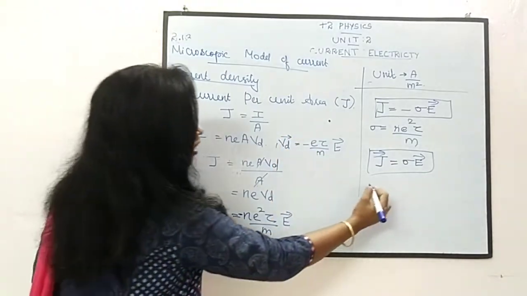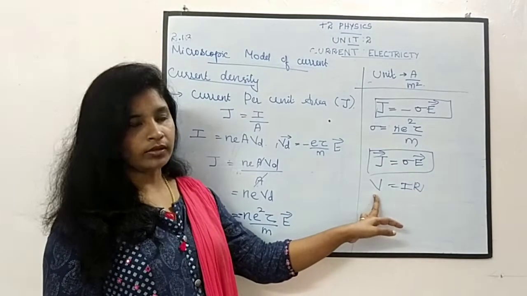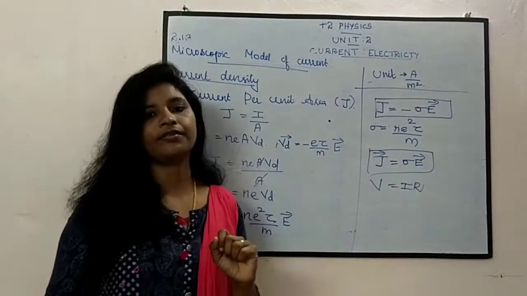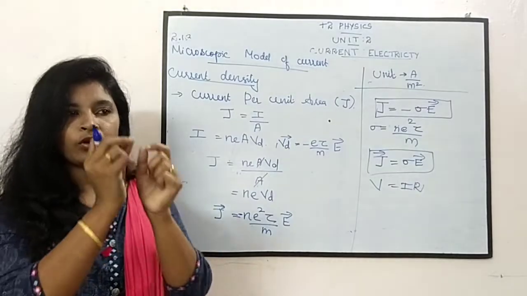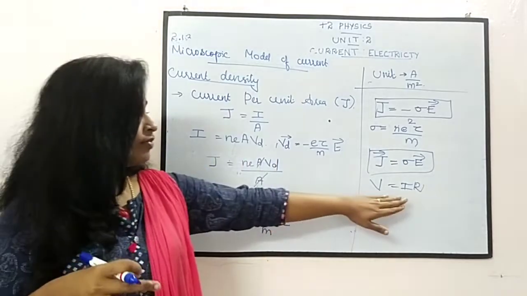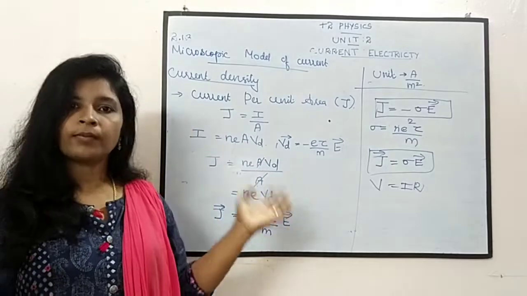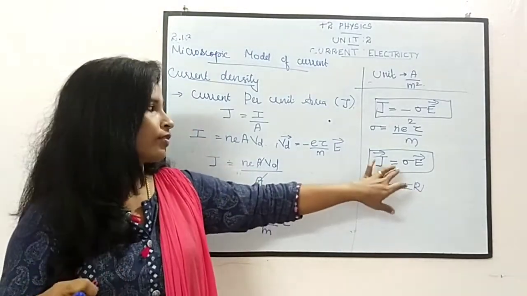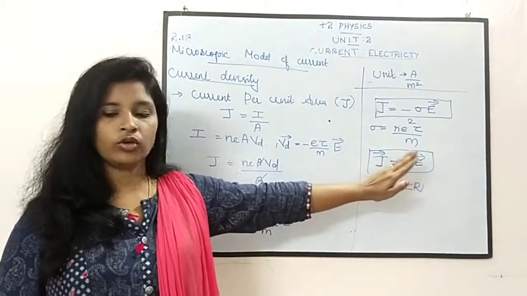What is Ohm's law? V equal to I R, right? V means voltage. Instead of voltage, here we are relating the current density and the electric field intensity. Since this is a microscopic model, we consider what happens in one square meter. V equal to I R is a very important formula. For a general overview we use this formula. When we study microscopically, or in depth, we use this one. We take the density. So J is equal to sigma E.